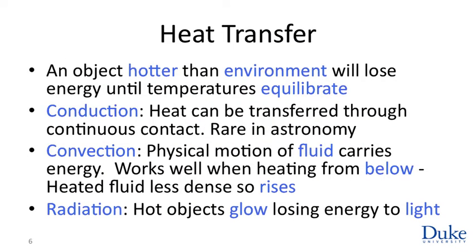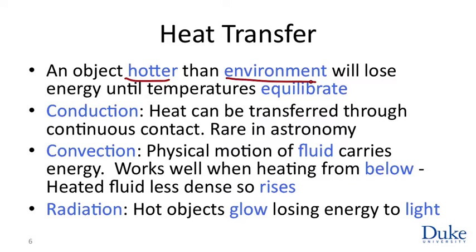We talked about heat energy, and we need a few properties of heat because heat will be a dominant form of energy in some environments that we talk about. It's a property of heat that if you have a hot object and a cooler environment, then the hot object will lose energy to the environment, and this process will continue indefinitely or until such time as the temperatures equilibrate, because as the source loses heat, the environment gains heat and warms up, and eventually, if the temperatures are equal, then we have equilibrium and heat flow stops.